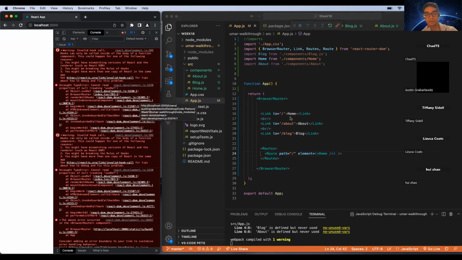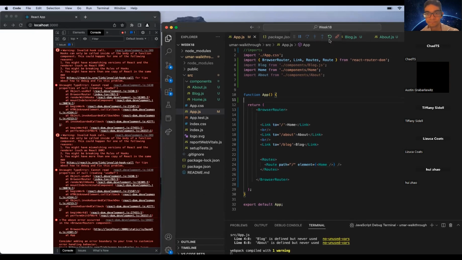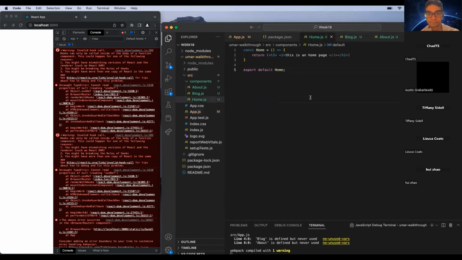Can you maybe go to the home.js page? There might be an issue there. That's not it. Let's see. Cannot read properties of